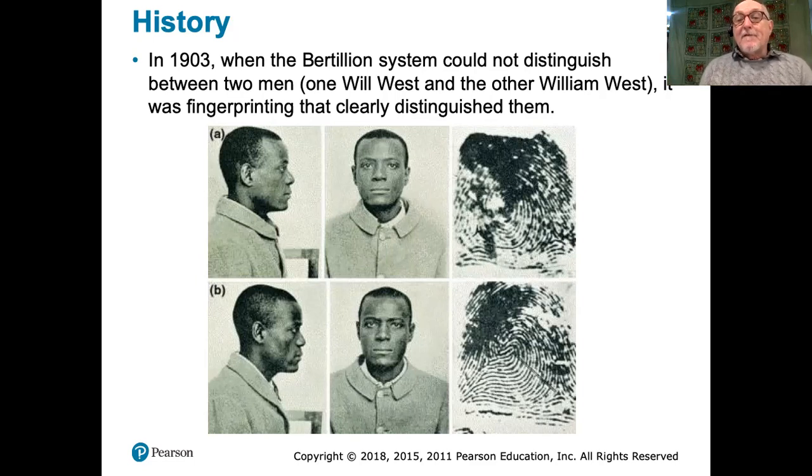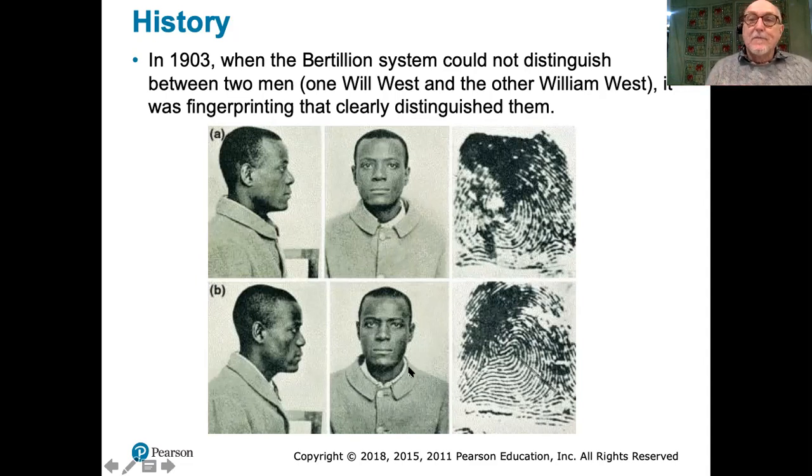But somebody looked at their fingerprints. The bad Will West was on file. And good Will West, they took his fingerprints and compared them. They were very similar, but they were very distinctly different. And based on that fact, he was freed from the charge, and they went out, searched, and found the other William West. It turns out that, in fact, it's not known how well they knew one another, but they were